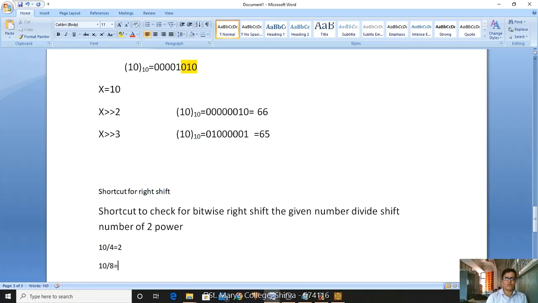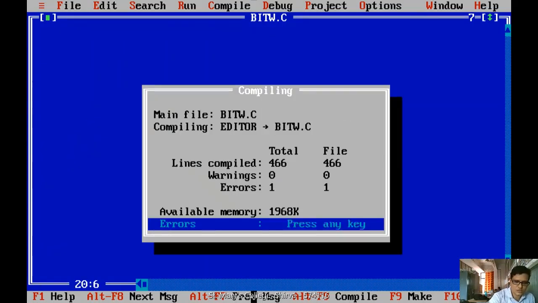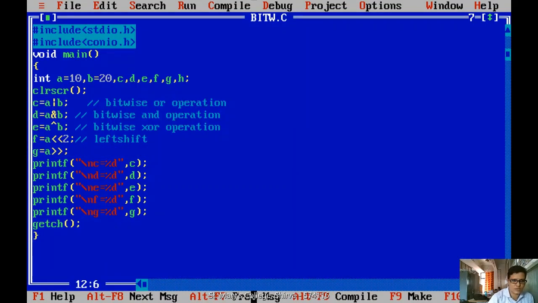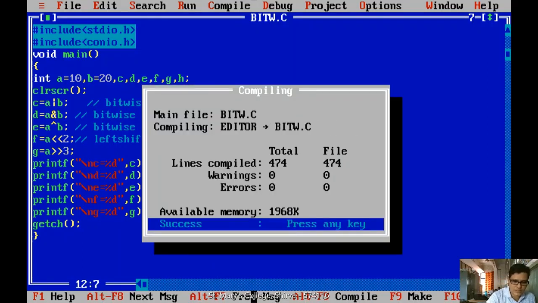Then what is the value? We are getting 1. That is the quotient value. Okay, let me check here. If I make that, whether it will come or not. I'm making it 3. Now I'm saving, compiling. What has happened? Yes, here the mistake has happened, because yes, now check it. Now compiling and running, I'm getting the value as 1. Got it? So that is the shortcut, right? 2 power 1. While shifting right also, whatever ones exist, they will be turned into 0 only.